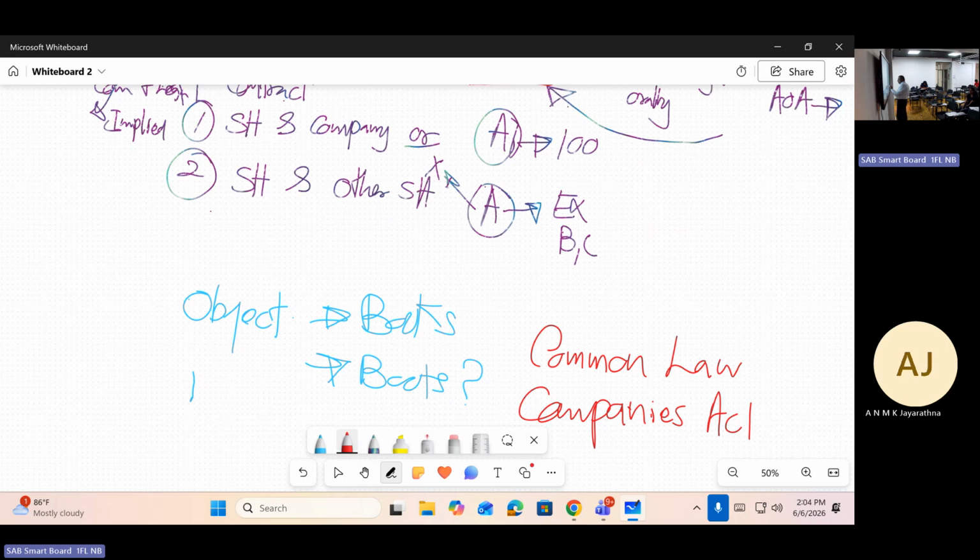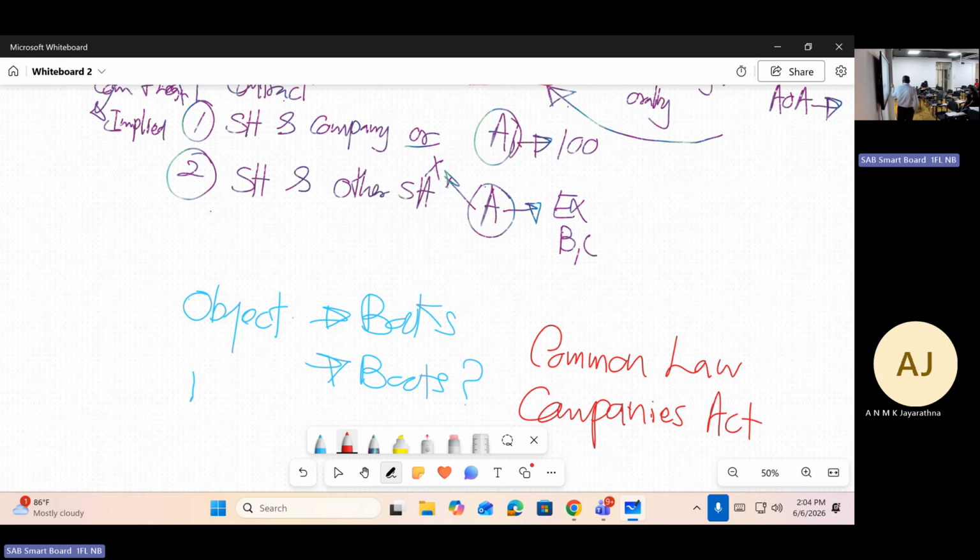There are two positions: one is under common law and the other under the Companies Act. Common law means